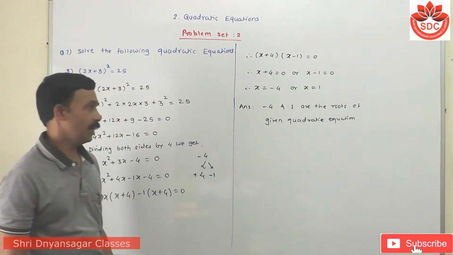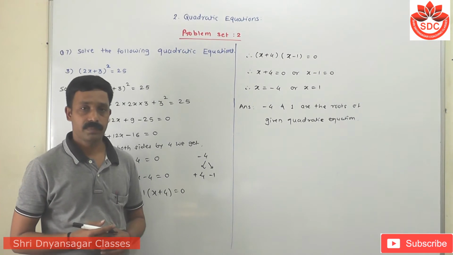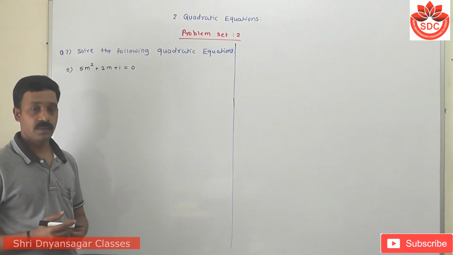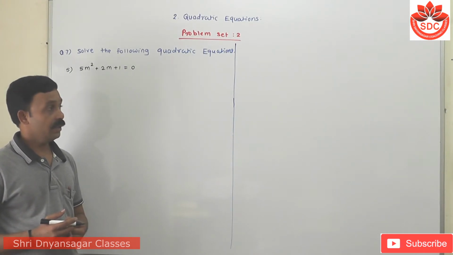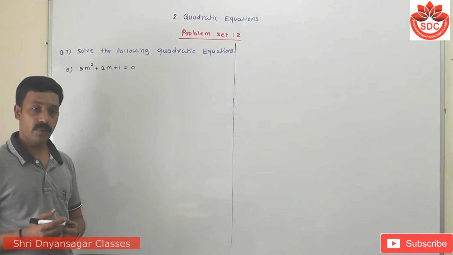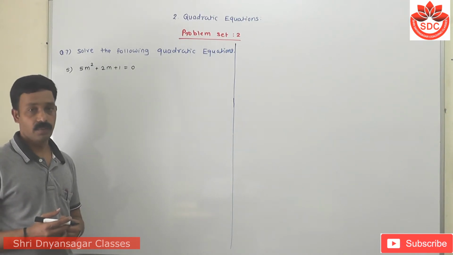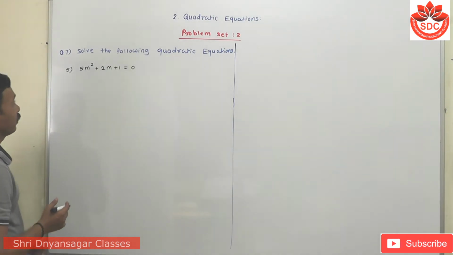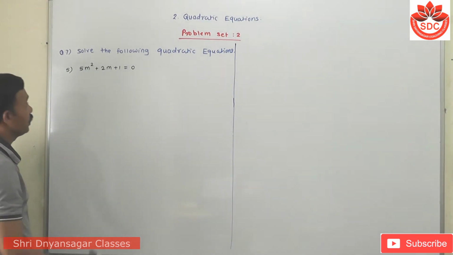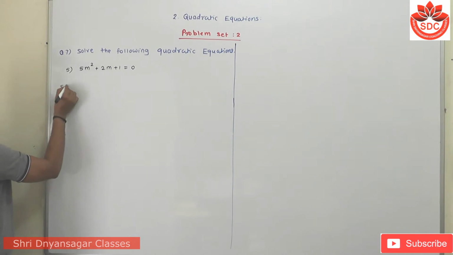We see the next question. Students, I have to take question number 5; sub questions 4 and 6 are for your homework. Okay. Now I have to take question number 5: 5m square plus twice m plus 1 is equal to 0. Then its solution is,